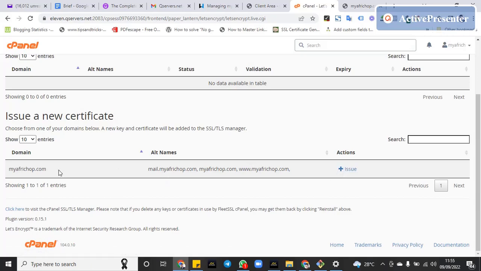So the main domain, and then the mail, and then the www part of the domain. So I'm just going to go ahead and issue this certificate by clicking on the issue,